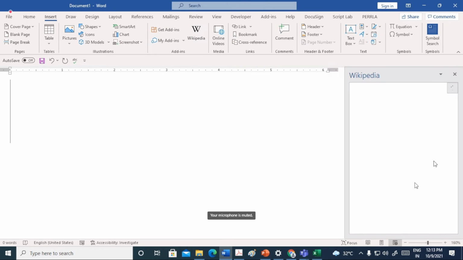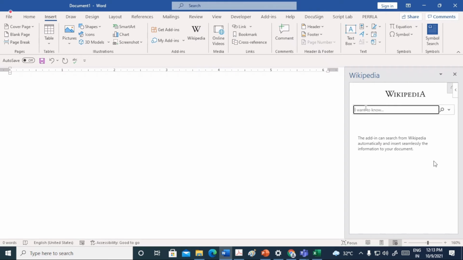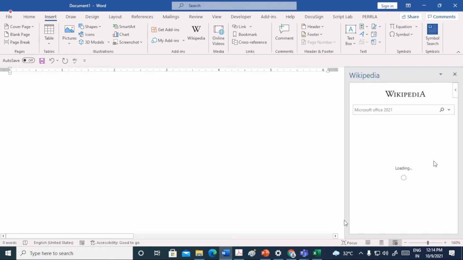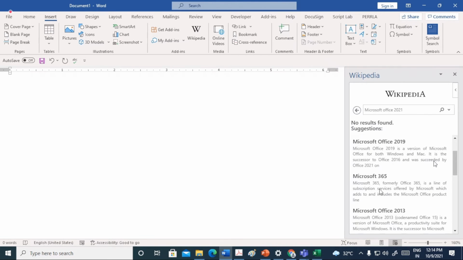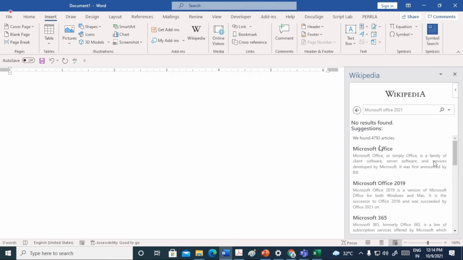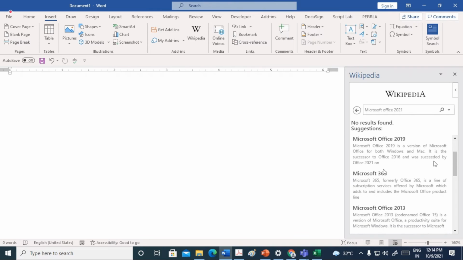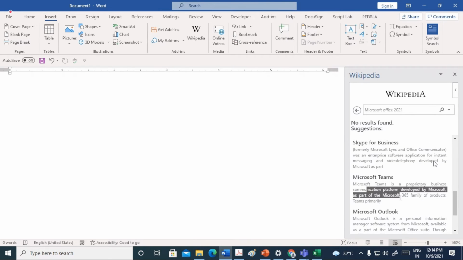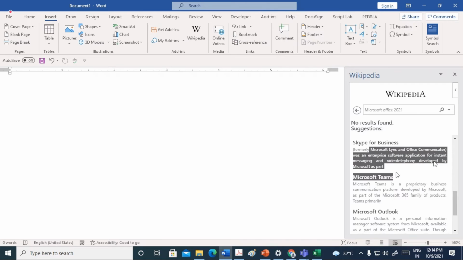So here is our Wikipedia. And you write anything, let us say Microsoft Office 2021. So it gives various suggestions. It did not find 2021, but it found all the related articles. You can directly copy paste from this.